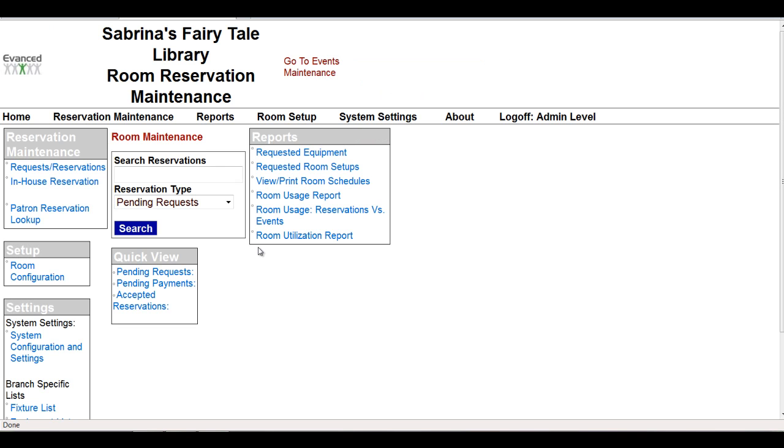Once the room reservation system opens, it will open up to the home page. Within the home page, you are able to make modifications to many areas within the system. For instance, you have your reservation maintenance, you have setup, settings, quick view, and reports. Now, because we have the administrative level, we do have access to the setup as well as settings within the